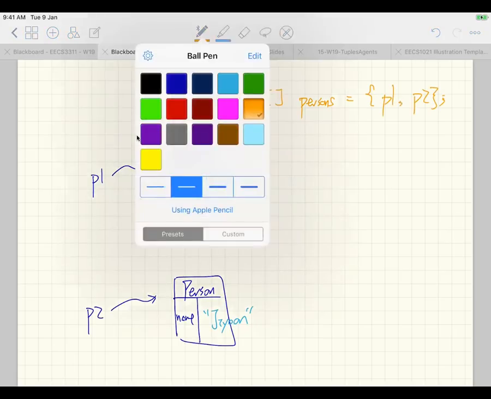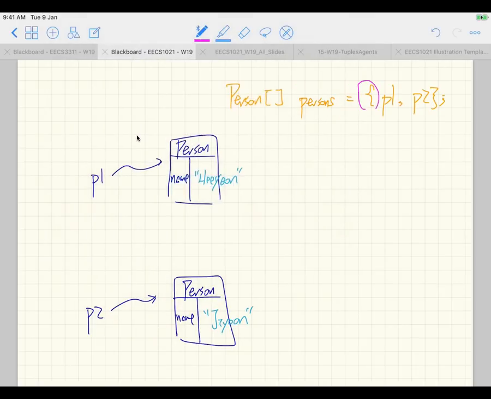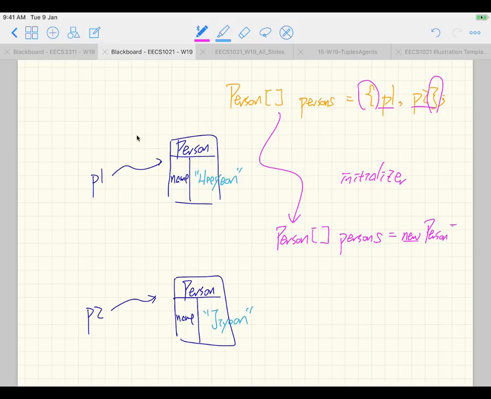Just quickly review. This notation over here, curly brackets, is called the array initializer. Basically, we're trying to create an array as we declare it. Now it might be easier for you if I try to rewrite this as follows. I'm going to write it in pink. You're basically trying to declare this particular array. And now, how many elements do we want to initialize? 2, P1 and P2, right? I can simply say it's going to be a new person array with size 2,